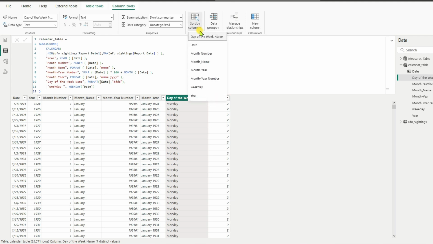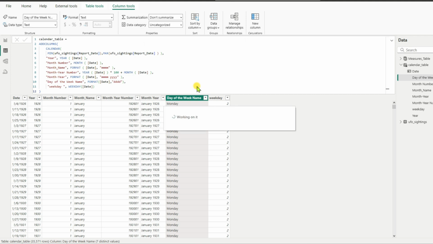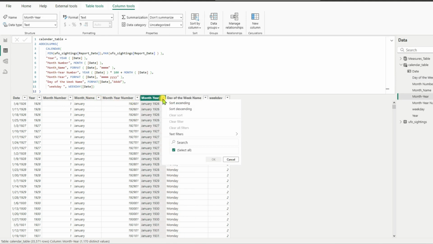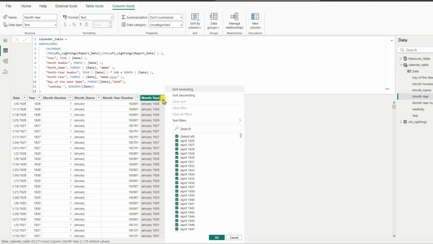So whenever we create visuals or whatever, it will nicely list out all the details like Monday, Tuesday, Wednesday, Thursday, like that. So same for the months and month year. So now that we are done with this, we can quickly go back to the main report view and try